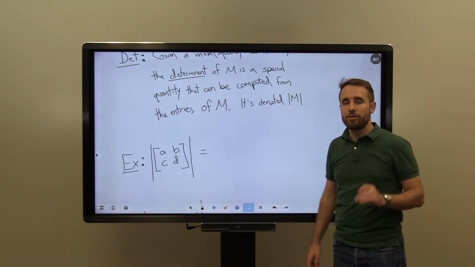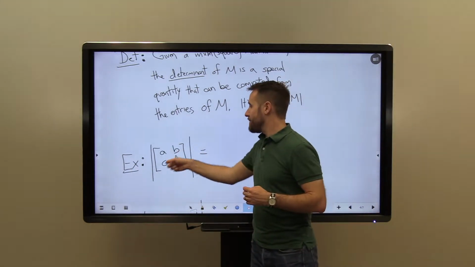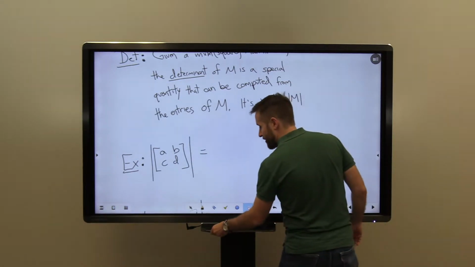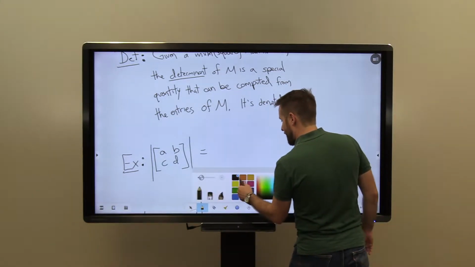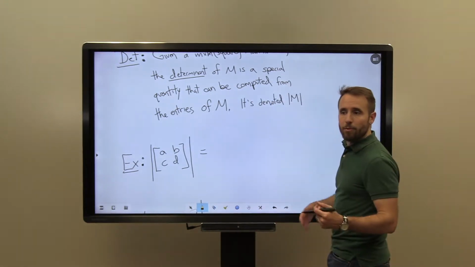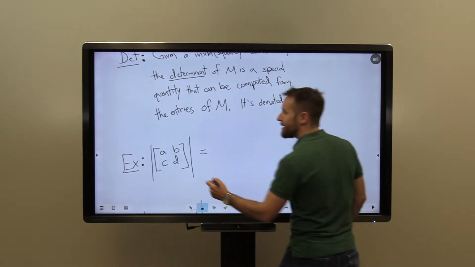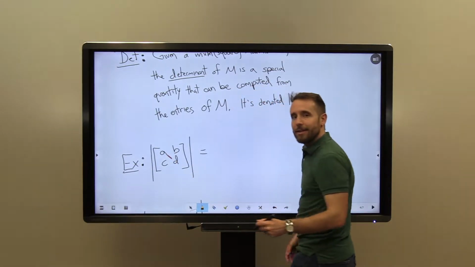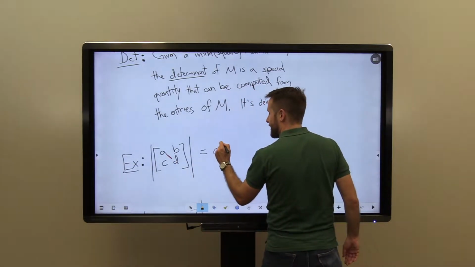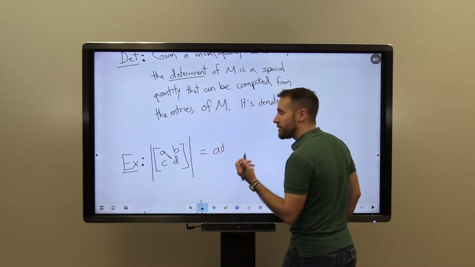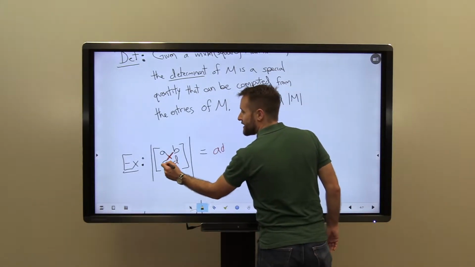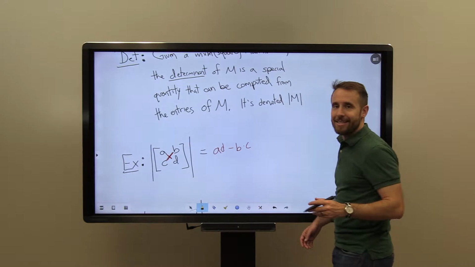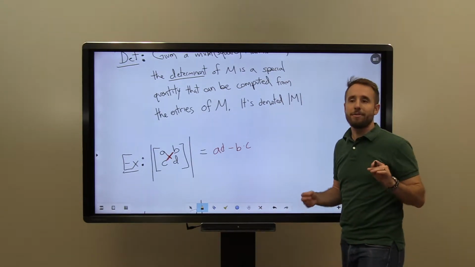We're going to look at a 2 by 2 matrix. So it has 4 entries, A, B, C, D. 2 rows, 2 columns, and we can compute the determinant of this matrix as follows, right? This technique works for any 2 by 2 matrix. I will take the entries on this diagonal, right? So that's A and D, and I'll multiply them together. So I'll get A times D, and then I will subtract the entries that I get from this diagonal, so minus B times C. So we get AD minus BC, and that is the determinant of this 2 by 2